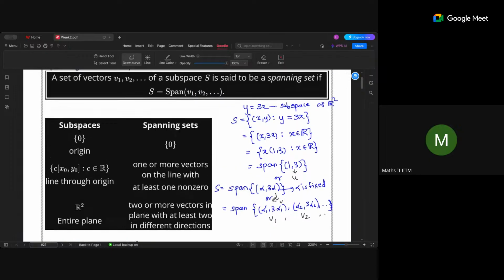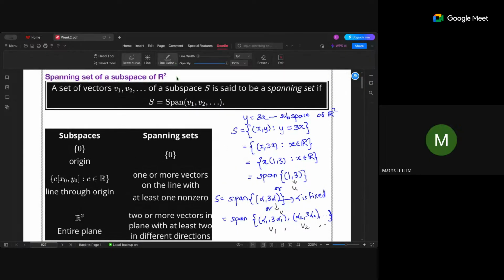Yes, sure. We call a set, let's say a set of vectors v1, v2, etc. Maybe some specific finite set also we will take. Let's say this set, I want to give it a name. S is taken here, V, W are subspaces, so maybe some set C. Now this set C, I call it a spanning set if the span of this set C is equal to S. Then I say C is a spanning set of